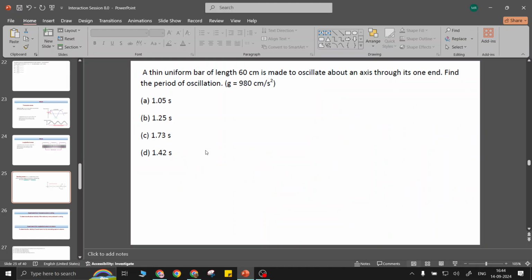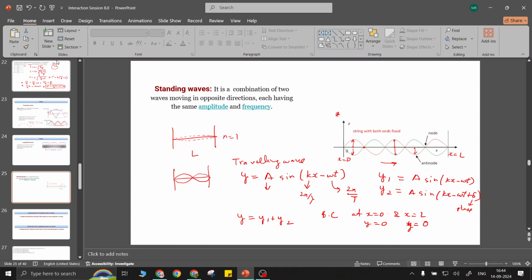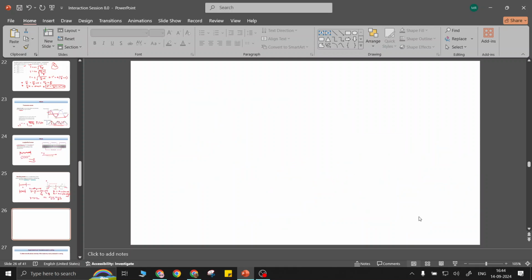Just a minute, I need one more slide. Okay, so the final result after solving this equation that we get is that, from the first boundary condition,